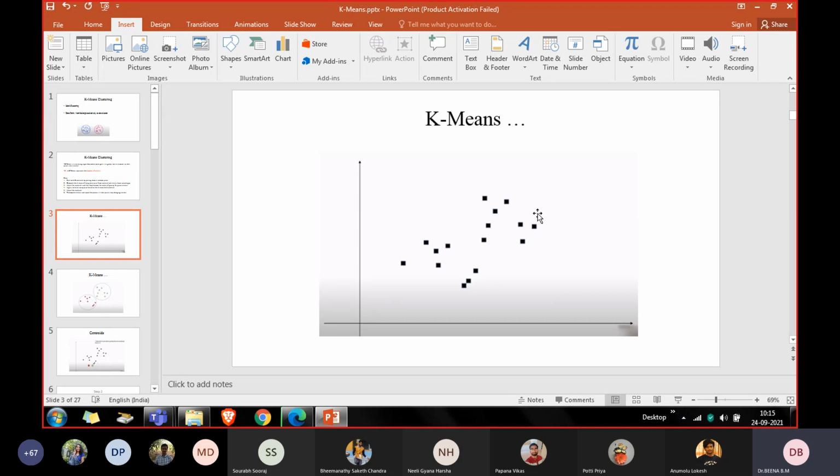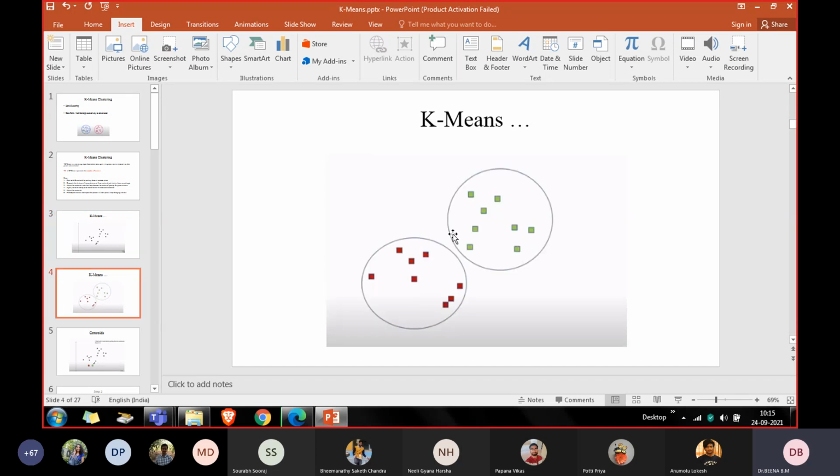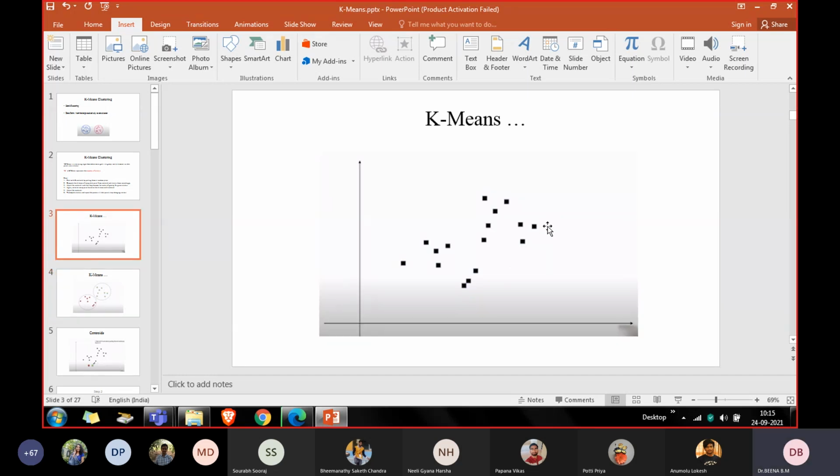Here first we will identify the number of clusters in it. So when this data set is given to you, you don't have any information. There is no target variable as such. You don't know what you are looking for, right? And what we can do is we'll try to find out some structure out of this data set. Now if you look at this, just by visual presentation, we can say that there are two clusters, and the K-means algorithm helps us to identify the correct number of clusters.